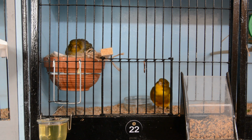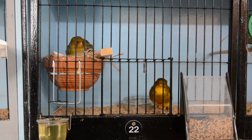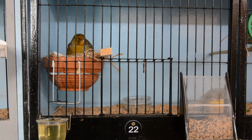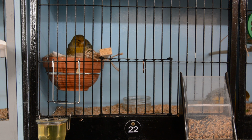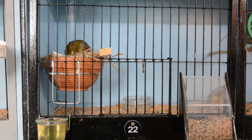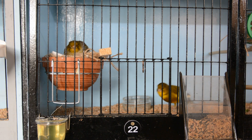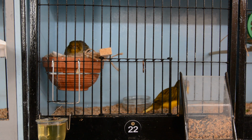As soon as she started to go to nest, he was on the side of the nest pan feeding her. I'm going to try and catch that on camera if I can, because I love seeing the cockbirds feed the hens. So it's so frustrating that if he goes again with this hen and we get clear eggs again, then I think I'm going to have to assume